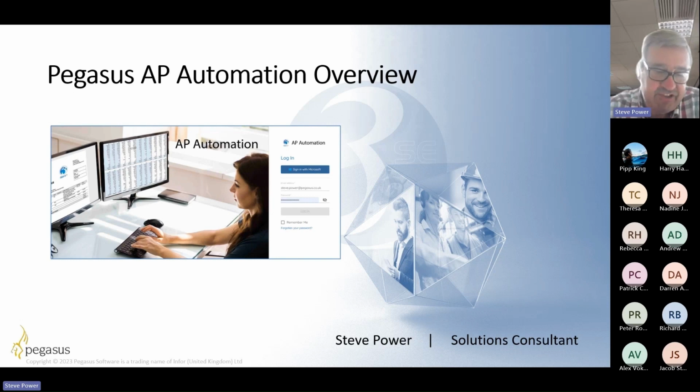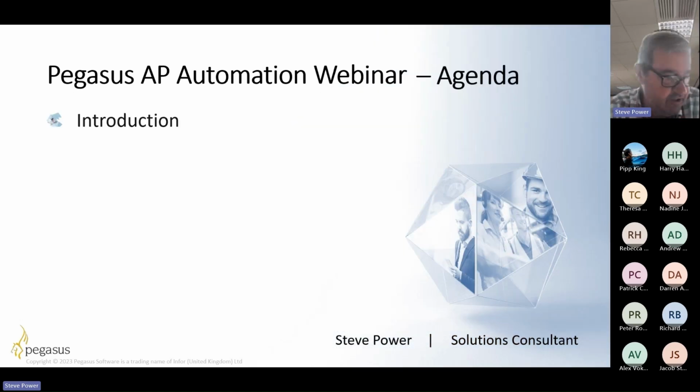What I've put together as an agenda for this is I want to take you through a new product that we've just released for Opera 3 SQL Server Edition, and that product is called Pegasus Accounts Payable Automation, and we abbreviate that to AP Automation. And the whole point about AP automation is it really is a springboard to a host of new features that we've introduced into the software that will improve and automate the way that the purchasing team interacts with